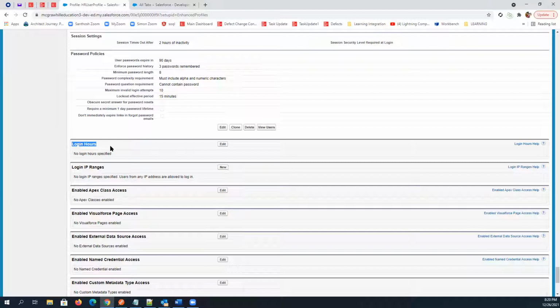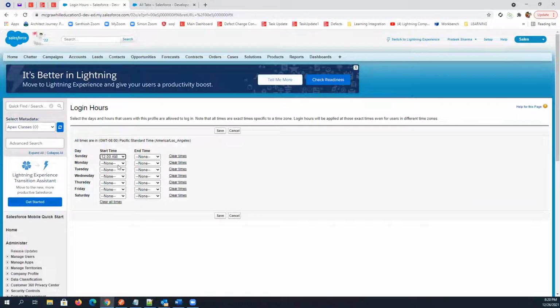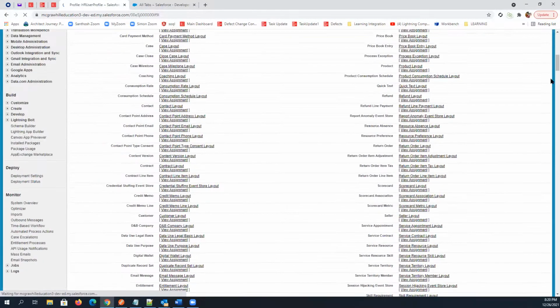So you can always set your login hours, and you can set it based on different days. So you can say Sunday start time 12 a.m. to this. So you can always set based on your company requirement, right? Sunday, Monday, Tuesday. So for every day you can set, right? So if you do not set anything, then users can log in anytime based on their requirement. Clear, everyone?